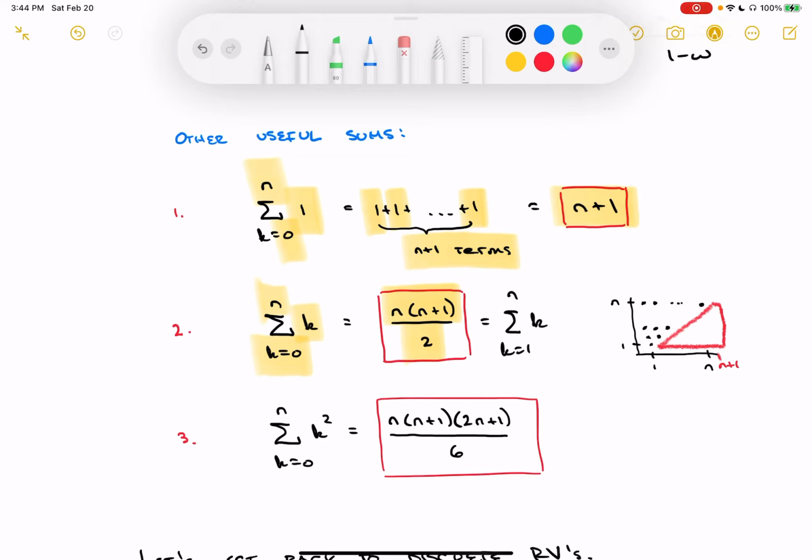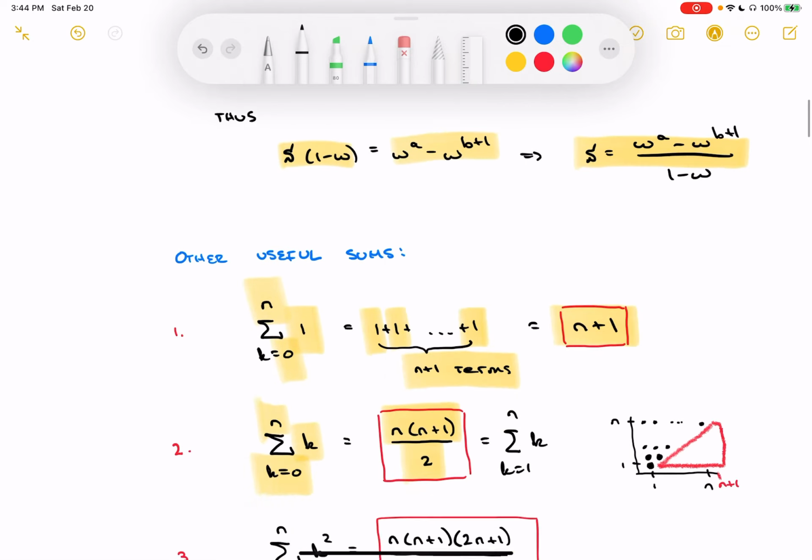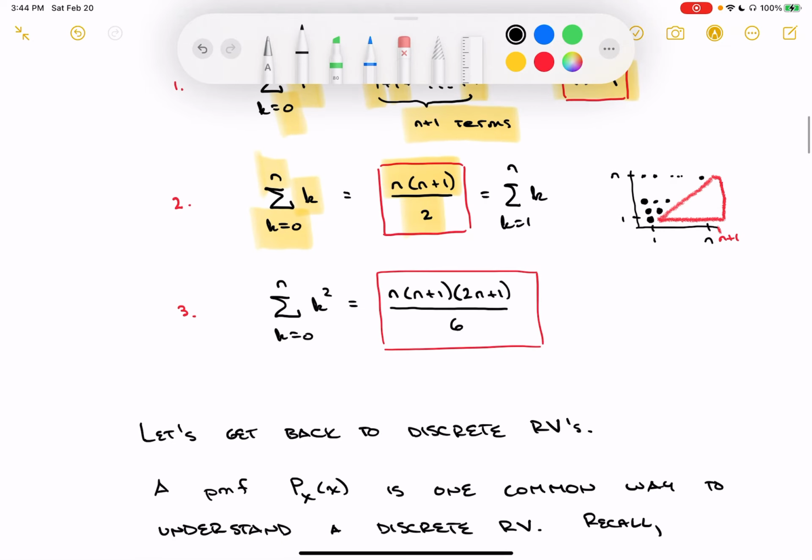So k equaling 1 then, what are we going to add? We're going to add 1. I'm going to let that be this little dot down here. There's 1 value. When k becomes 2, I'm going to be adding 2 things. So I'm going to make 2 little dots. When we get k equaling 3, that's going to be 3 of those guys. So I'm going to put 3 dots. And we can keep going on until we hit n, in which case we are going to have a total of n dots. I'd like to count up all those dots, and I'm going to do it in sort of